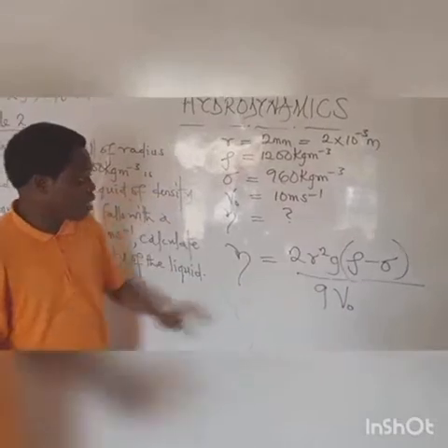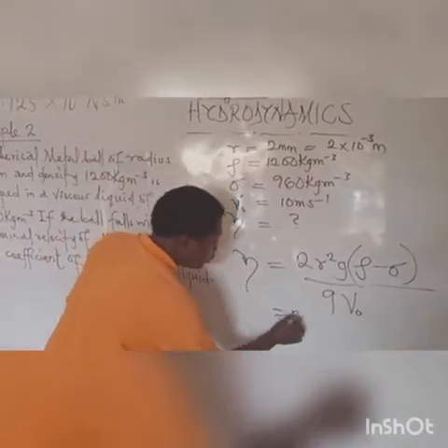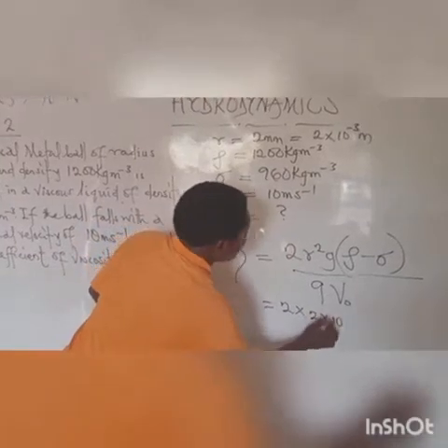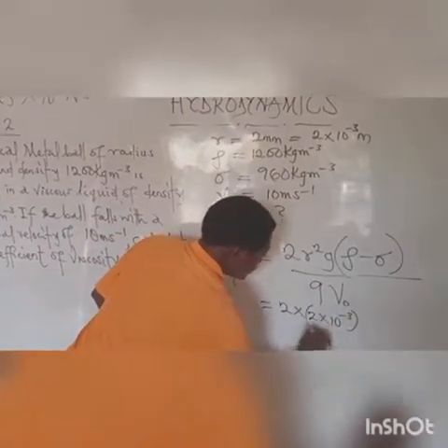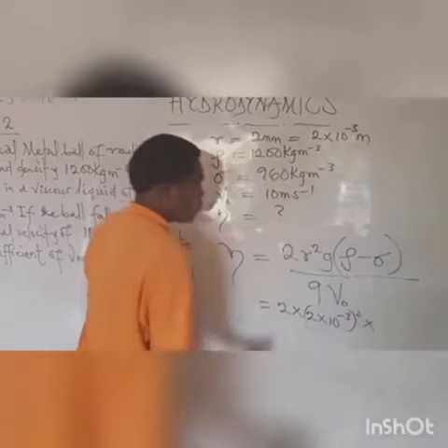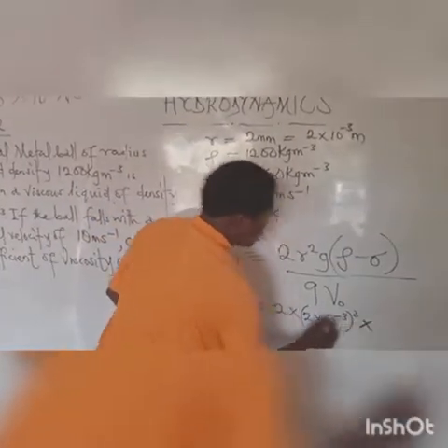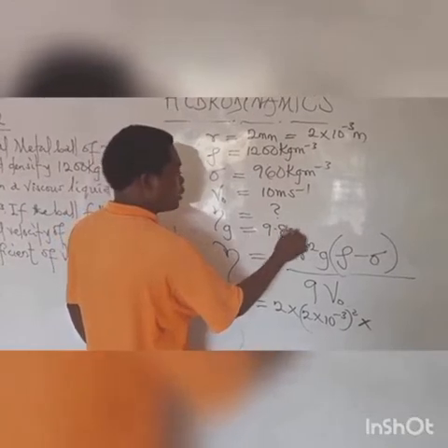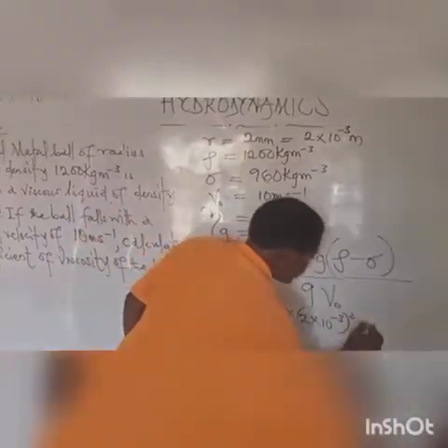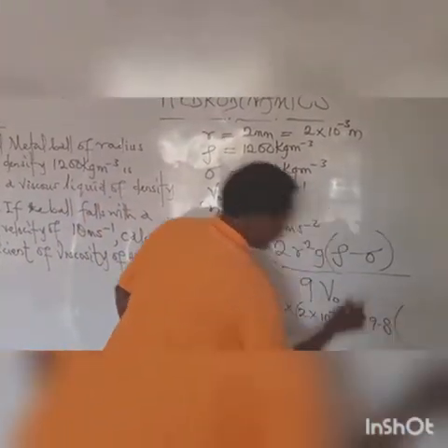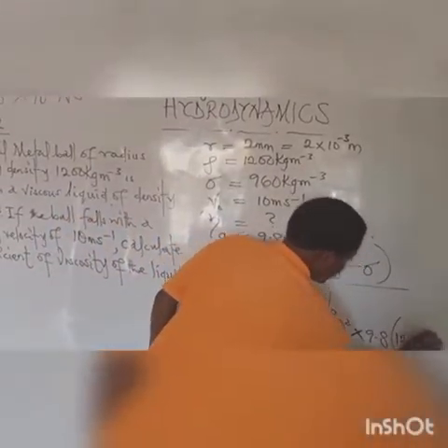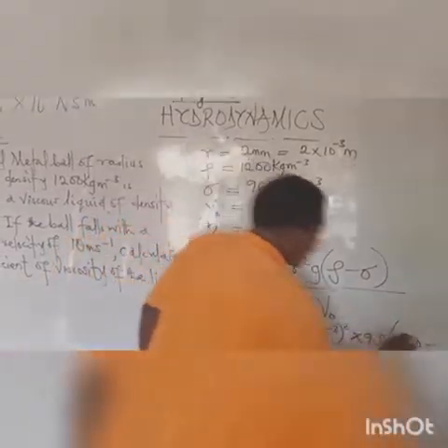By inserting the parameters, we are going to get 2 times r squared, 2 times 10 raised to power minus 3, everything squared, times g. Our g is a constant, and that is 9.8 meters per second squared. So we have 9.8 times (1200 minus 960)